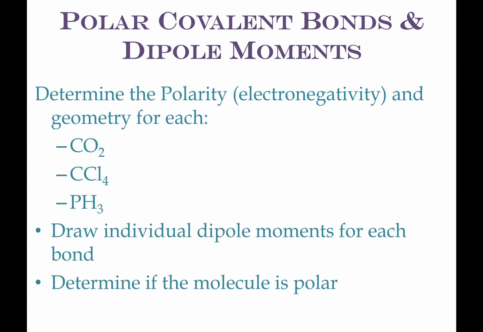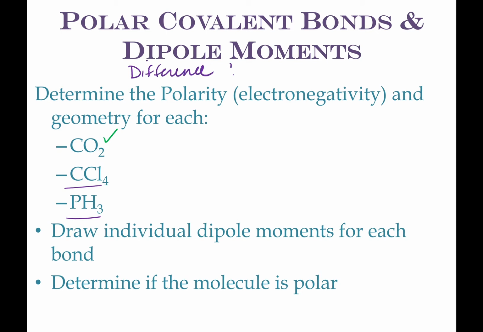So let's look at the polarity here for each of these. Now CO2 we just looked at on the last screen. CCl4. I want you to pause this right now. Try to draw the molecular geometry of these. Do your best to draw it out. Again, I'm not going to grade your molecular geometry if your structure is written in the right shape. I'm not an artist. I don't expect you to be. But I want you to do your best because it will help you with determining the molecular polarity. So if you haven't already done so, pause this. Try to draw the molecular geometries for these two and figure out the individual dipole moments by taking the difference